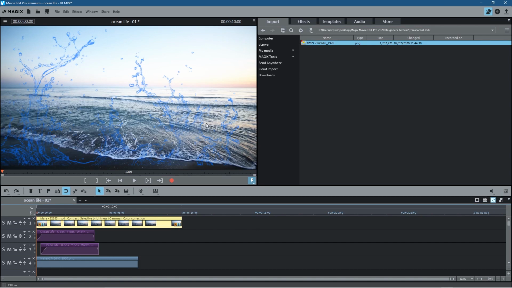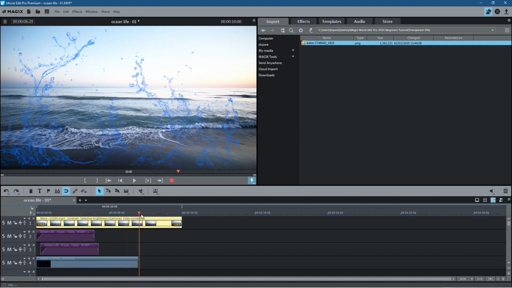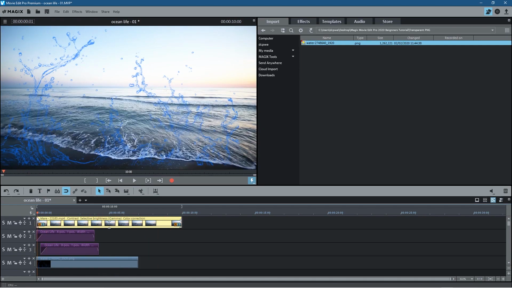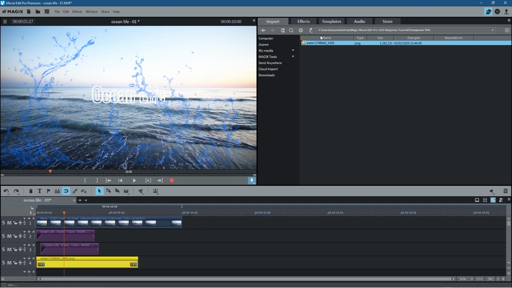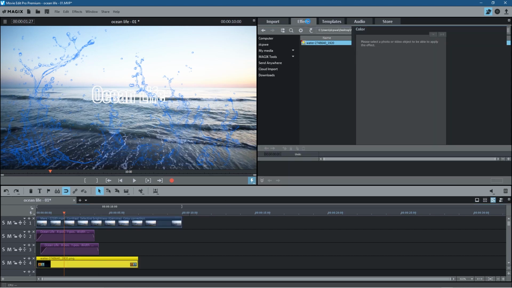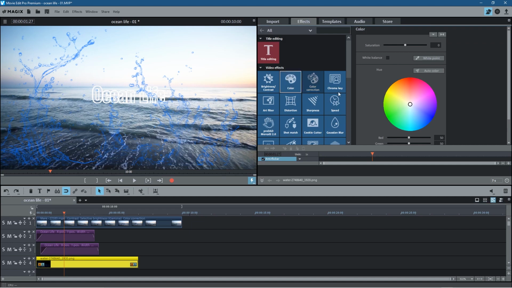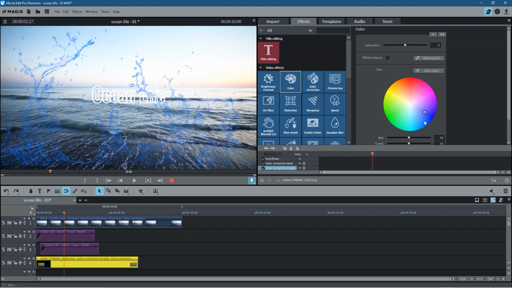And now we've got this sort of splash effect, right? I just want to have that. I mean, it's not really necessary to have it, but I just want to show you that we can use transparent PNGs. Maybe we'll click on it, and what we'll do is go to effects, and inside effects we can possibly, let's see,